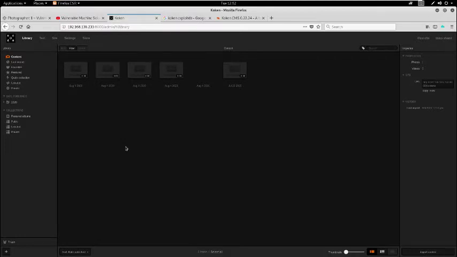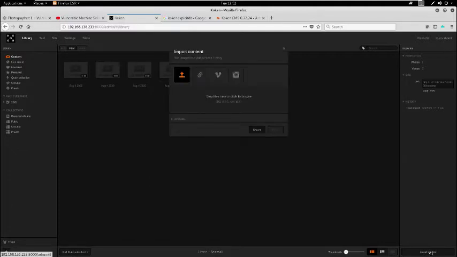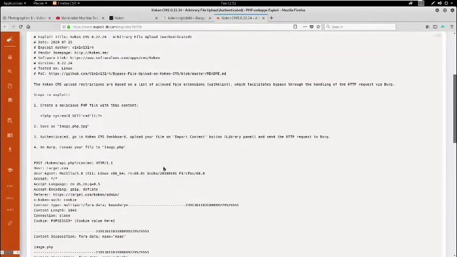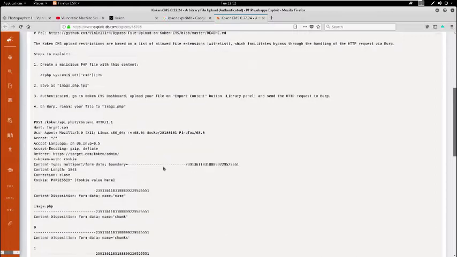Yeah, we have these files, and we can enter here. So here we can see we can upload our file, import content. When I click on import, I can see this is JPG, PNG, GIF and MP4. These four kinds of files you can upload into it. Okay, now come here, and then I can read this one.